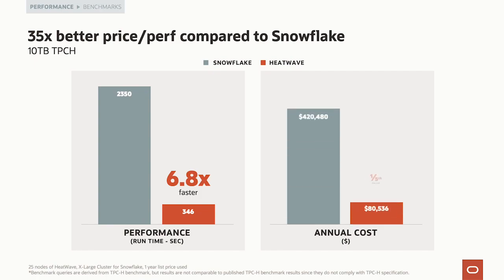Now, the cost you see on the right is compared using list price. Their list price, our list price. We have to use list prices because Snowflake doesn't publish a discount schedule. There's no way to know what kind of volume discounting you may or may not get with Snowflake. You can get a discount from them, you can get a discount from us. But I guarantee you, there is no level of discount they're going to be willing to offer you to make up for a 35 times price performance gap.